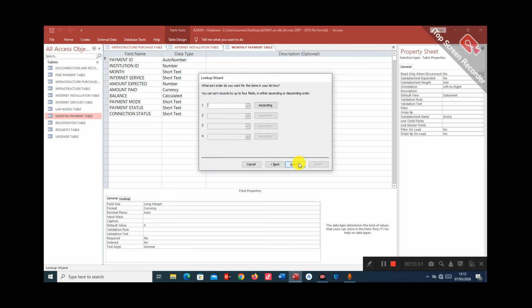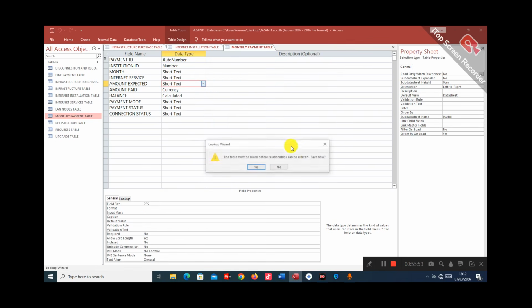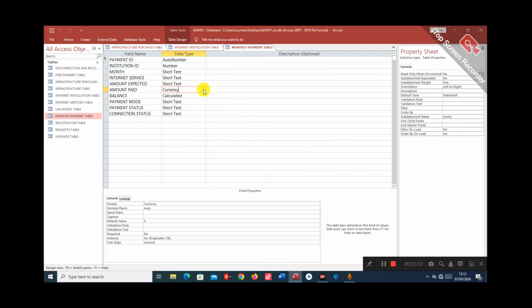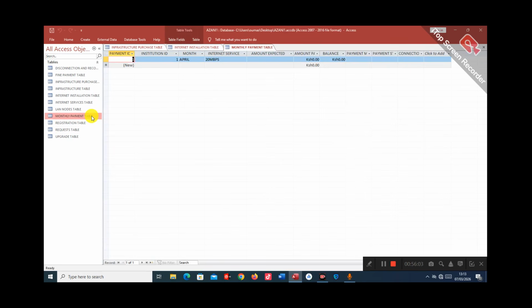Next, then we finish, we save. Then amount paid, that one no need to look up, so we just save that. So that amount expected, we can select that one, so that under the balance we will again